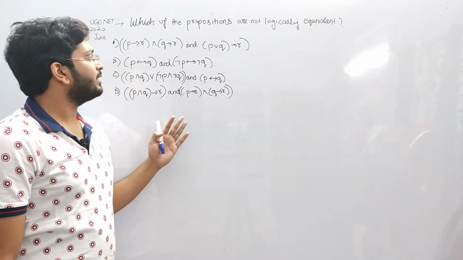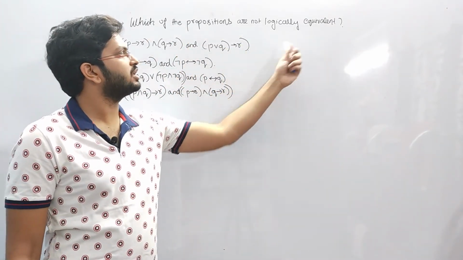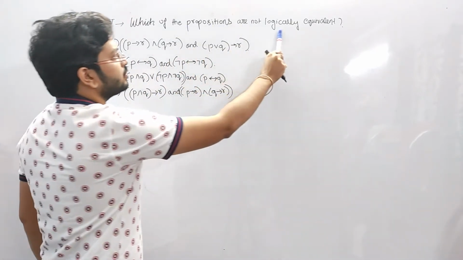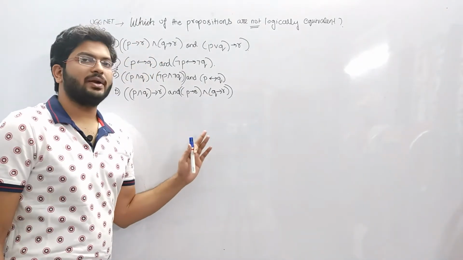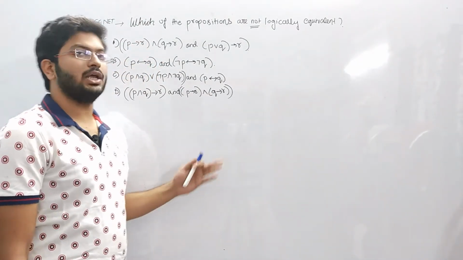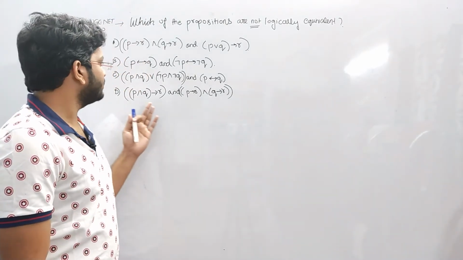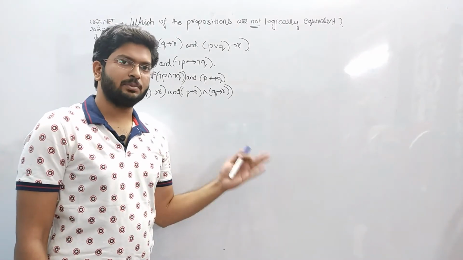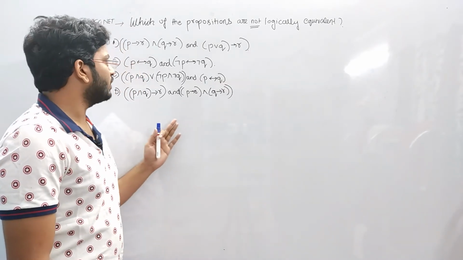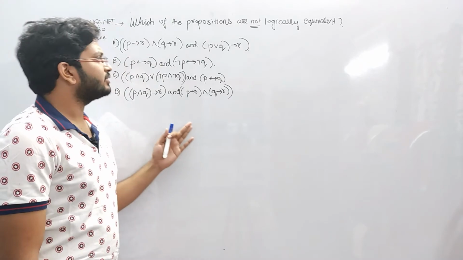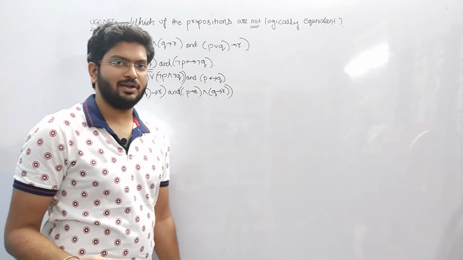It will be simple, and in this type of case, it is asked which of the following propositions are not logical equivalent. Mark this word, it is not logical equivalent. Now it is better to find out which is equivalent, because finding equivalent is easier than finding out which is not equivalent. Because if you try to find which is not equivalent, you may get stuck in some steps, and some time will be wasted finding whether we have put the right formula or not. So better is that we find out which are equivalent, and the option which is left out will definitely be not equivalent.